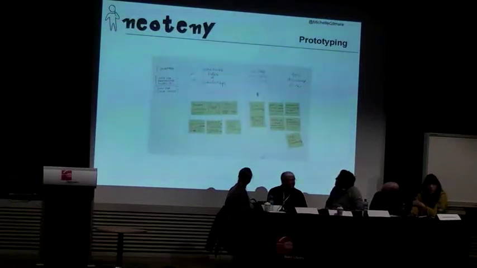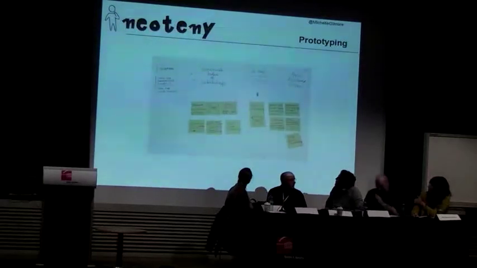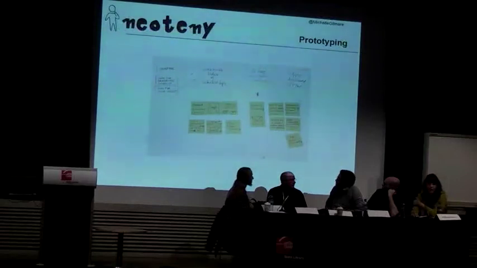Most of the time we use butcher's paper and post-it notes because it's cheap and we don't want to waste clients' money before we know that things are going to work. So we may do digital prototypes, but generally we like to get our hands dirty with markers, paints, Lego, post-it notes and things like that. Mainly because it's more fun, but also because it means that the client can take part in that, which is really important.